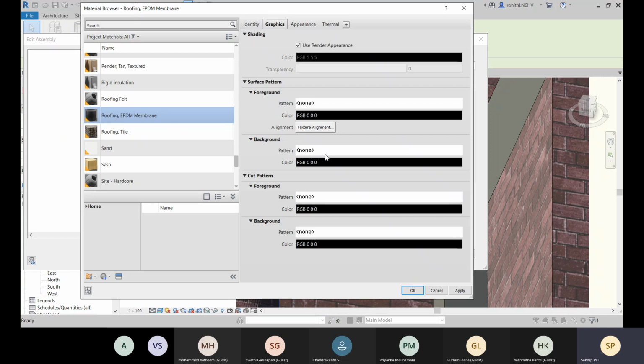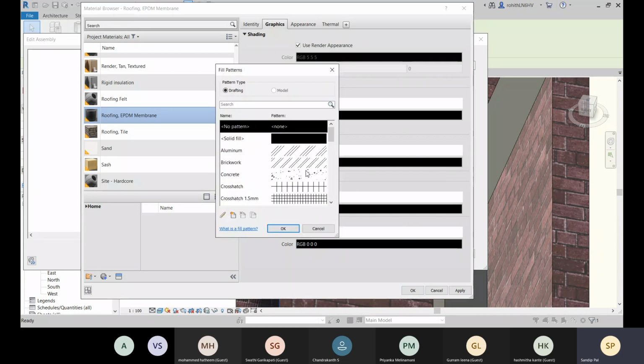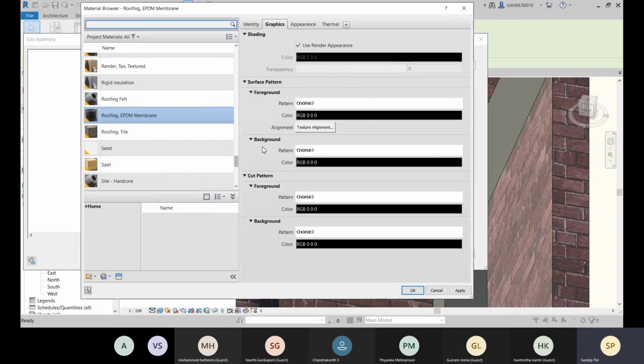There is no background, and these things will be defined like that. This surface pattern will be reflected within the plan, and the cut pattern, when you cut like in the section, will be visible.